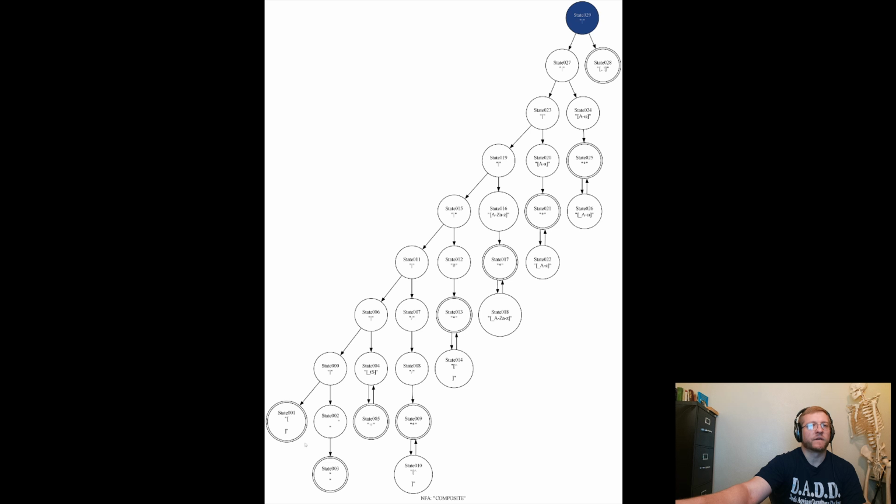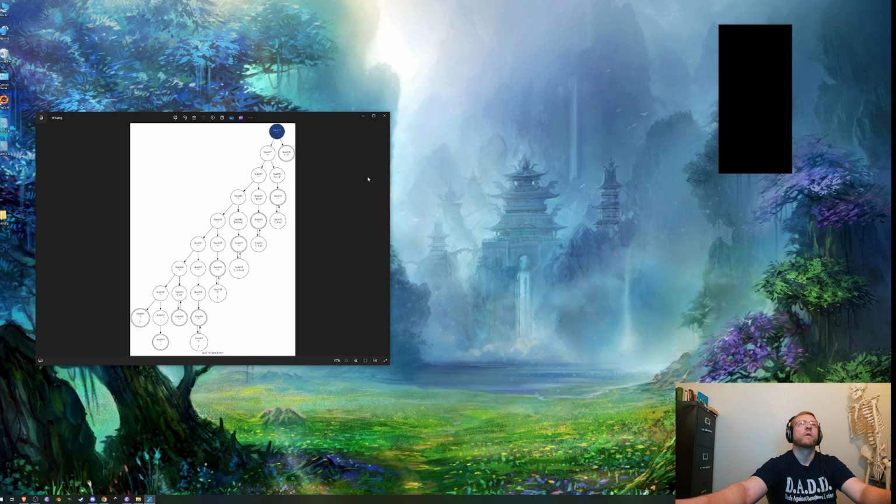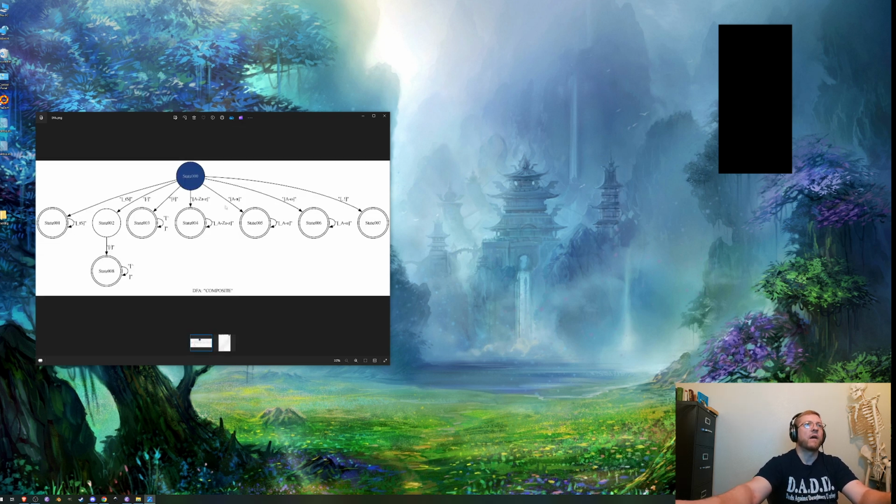And yes, we do need to fix how we print these things out. Right now it's not great. Okay. So you can kind of see what's going on. The NFA looks correct, which is why it's puzzling when we go to the DFA.